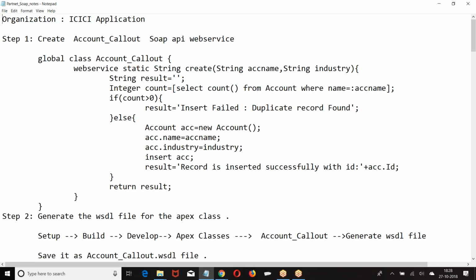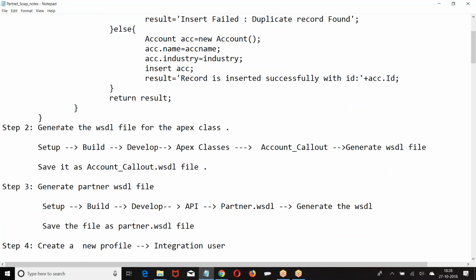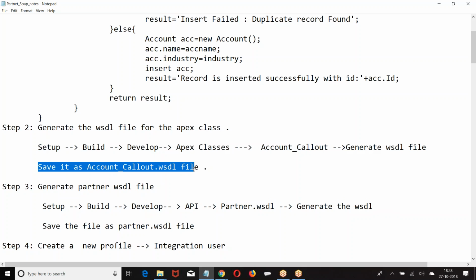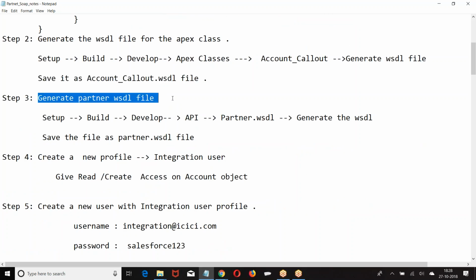Create account call out SOAP API web service. In this, what did I do? I created a web service. Then generate a visual file for the Apex class. I use the navigation. I generated the visual file. I saved it. Then generate partner visual file. So in the same organization, I have to generate a partner visual file. I have to generate a visual file for the SOAP API service what we created.